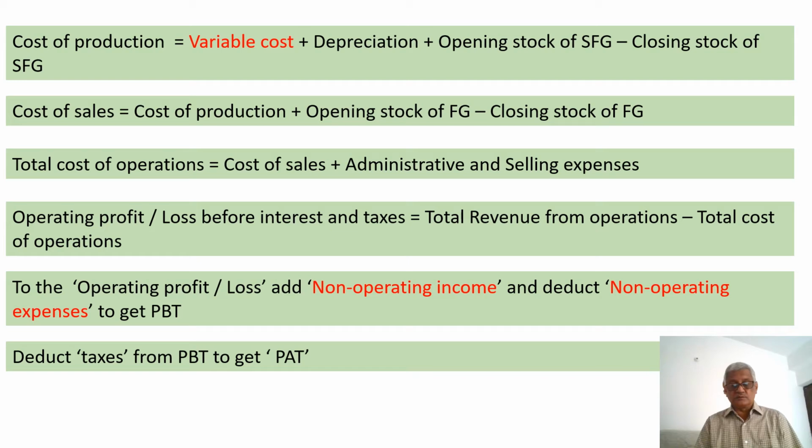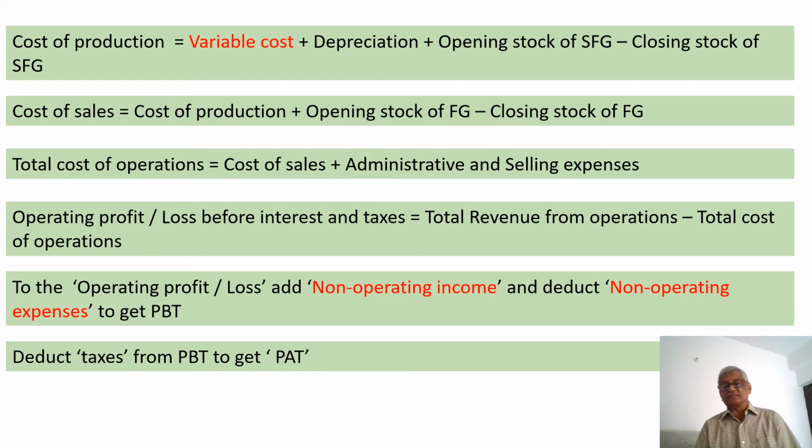Similarly, when I produce more, I will be running the machinery for more time, so power charges will go up. Similarly, repair cost on machinery. Whenever I increase the production, my machinery will be running for more time, so naturally the repair cost on the machinery will go up. Similarly, if I am using any fuel, for example diesel, if I produce more, naturally the cost will go up. So that is what is called a variable cost. Depreciation, I need not explain. It is a provision for wear and tear. And the wear and tear increases when the production increases, and decreases when the production decreases.